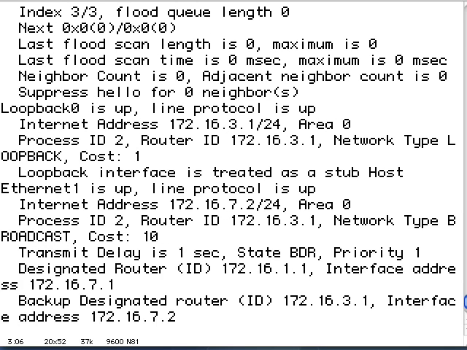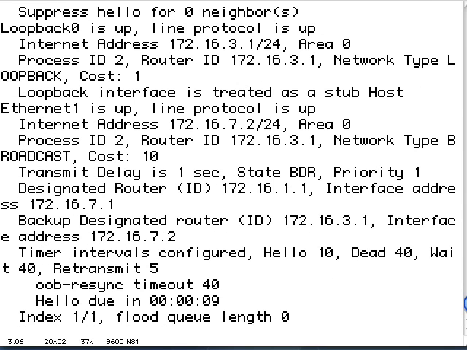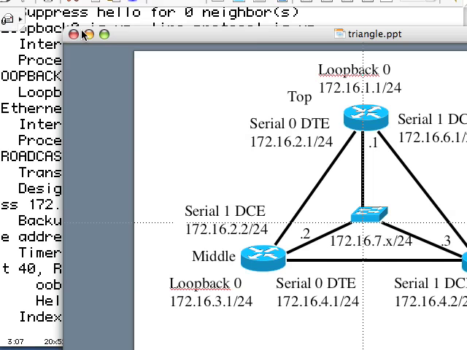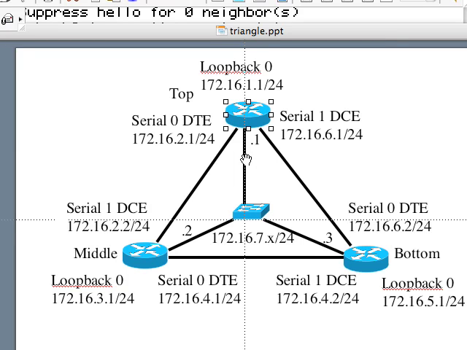Loopback 0 is up. And then here's the Ethernet 1 is up, line protocol is up. I've got my IP address, my process ID, it's type broadcast. My state is backup designated router. Remember, the top router was the designated router on that net because he went up first, and he had a priority of 1. And OSPF went up on my router second, and I also have an OSPF priority of 1. But whenever you have a router that is already the designated router, it stays the designated router, so I became the backup designated